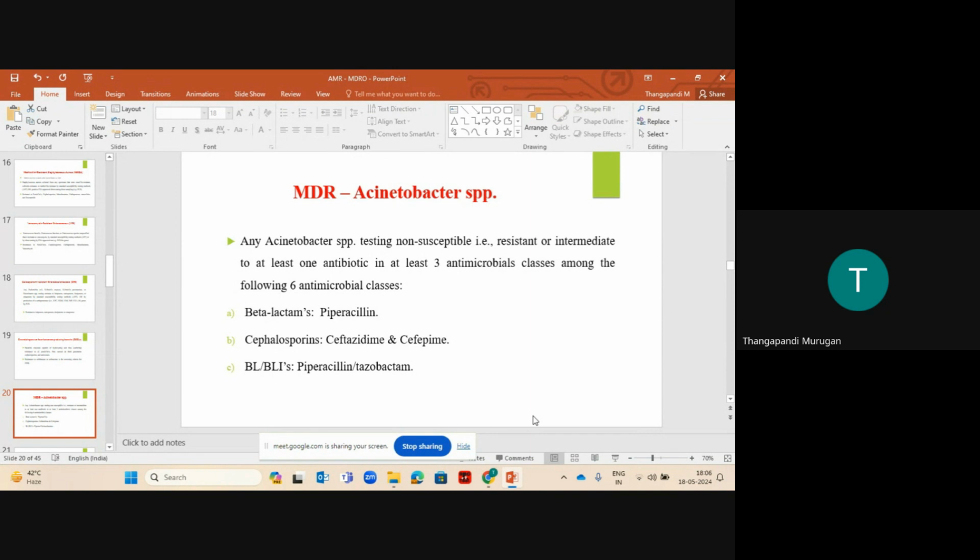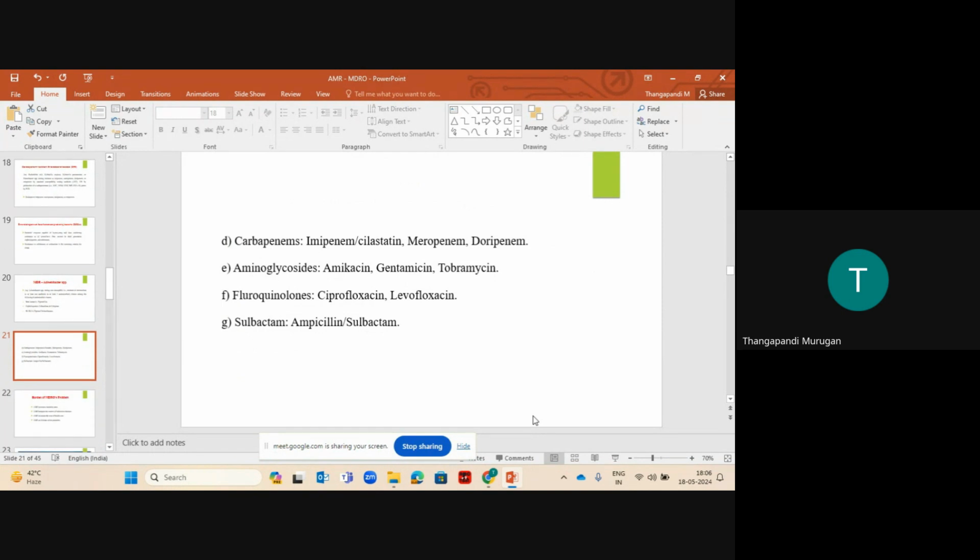First is beta lactamase inhibitor antibiotics like piperacillin-tazobactam. There are so many things among beta lactam antibiotics: penicillin, carbapenem also comes under this, aminopenicillins, and then cephalosporins like ceftazidime, cefepime, because I have mentioned the class as well as the most common drugs which are resistant. BLBLIs, piperacillin-tazobactam, and then carbapenems, all 4 come together. And ertapenem we won't see resistant in many cases.